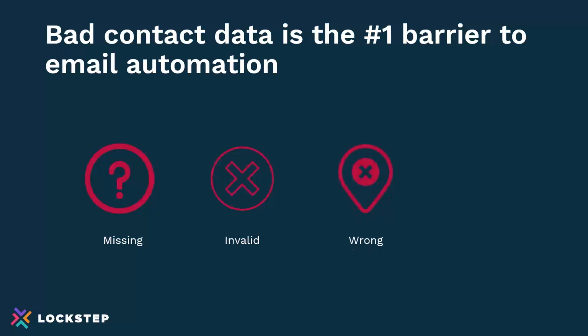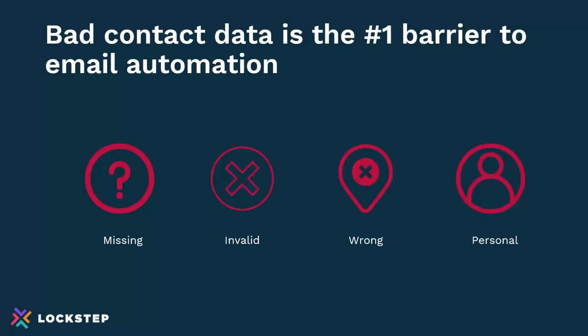It could be the wrong one. The email address in the accounting system might have been the buyer, but not the accounts payable department. And so you're sending emails, and this happens very frequently, to the person who signed the contract, and they sort of ignore it because they assume that you've also sent a copy to the accounts payable department. And that wrong email address delays payments. So getting the right ones in there is critical.